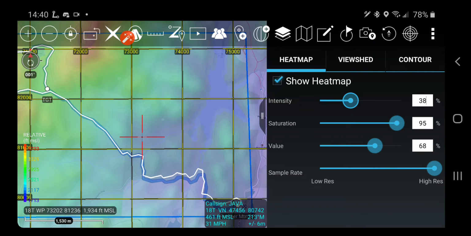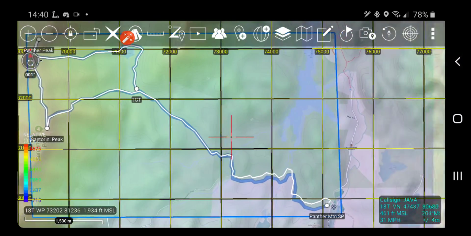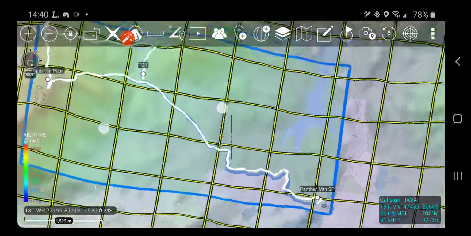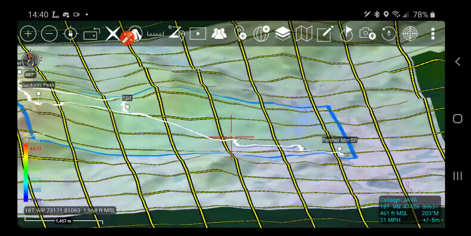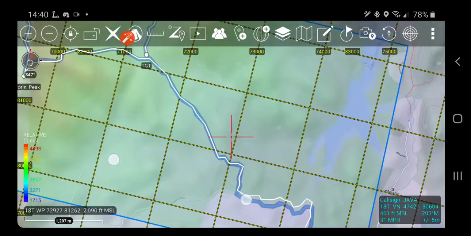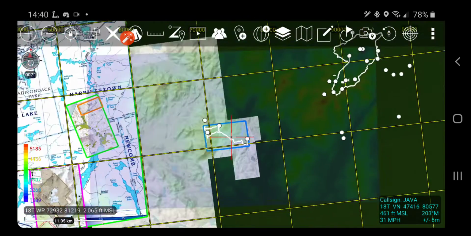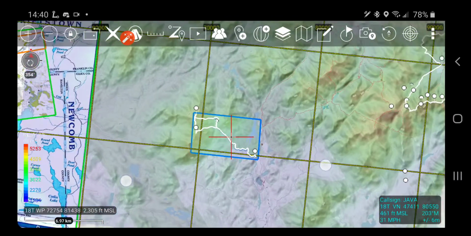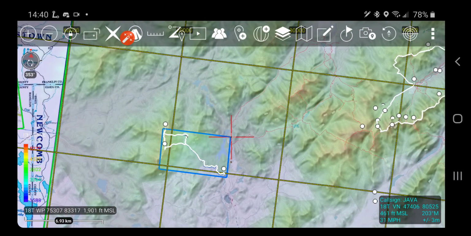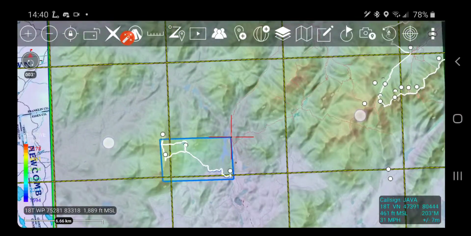I like it very highly saturated, but not too intense. And in high res, because this is 1 arc second. But one of the things that does is that when you zoom out, you get a better understanding of the highs and the lows. And that's especially if you're not looking at an